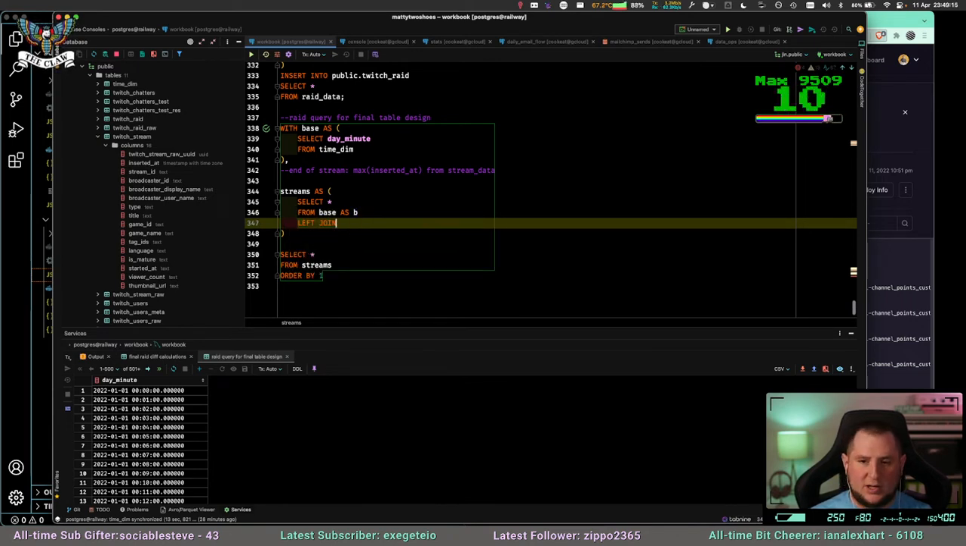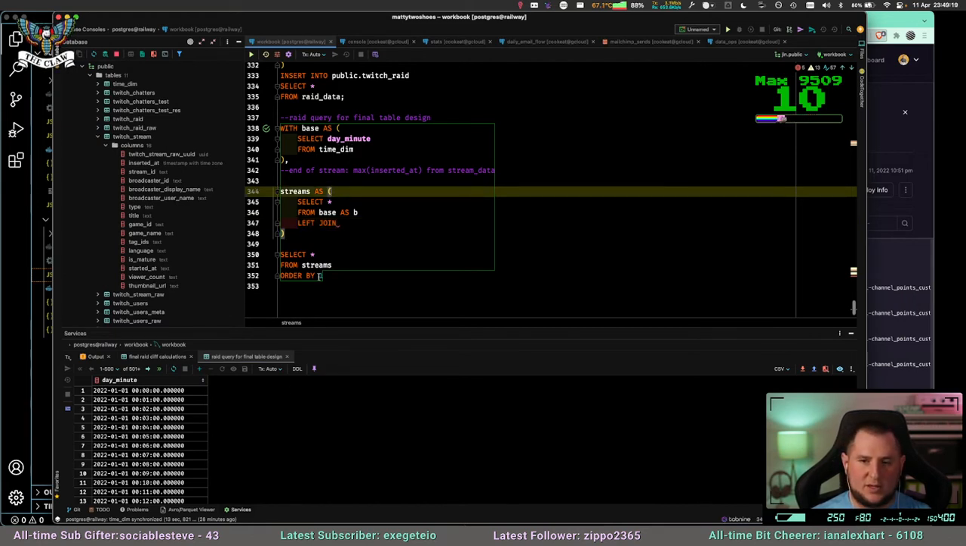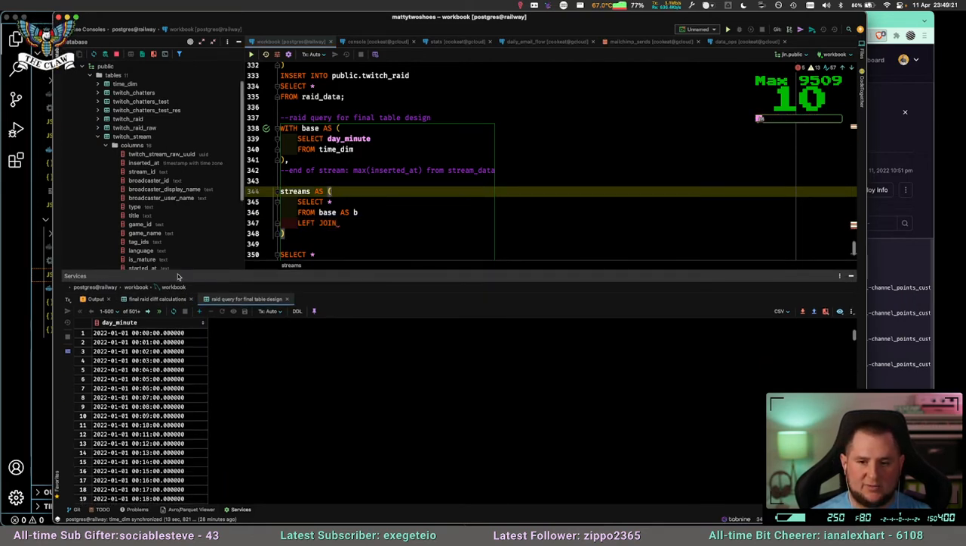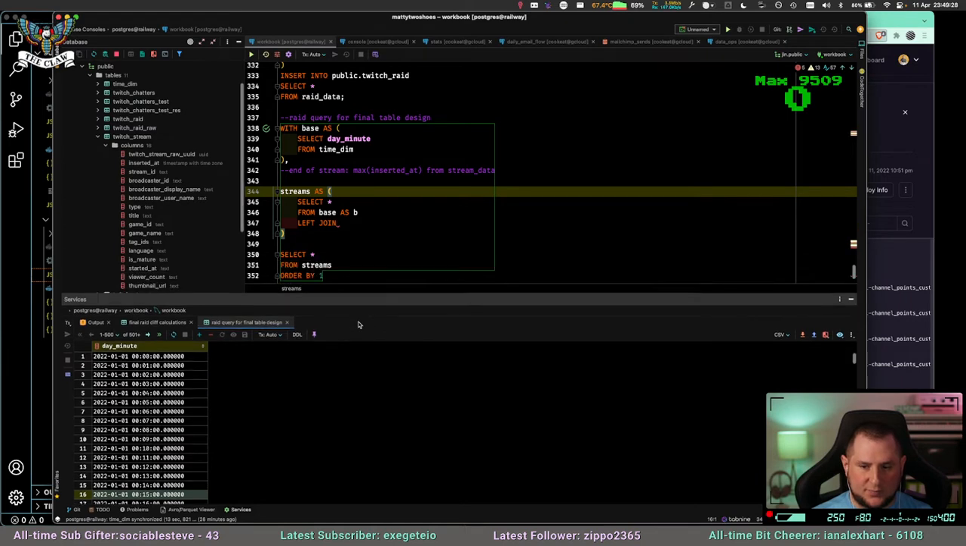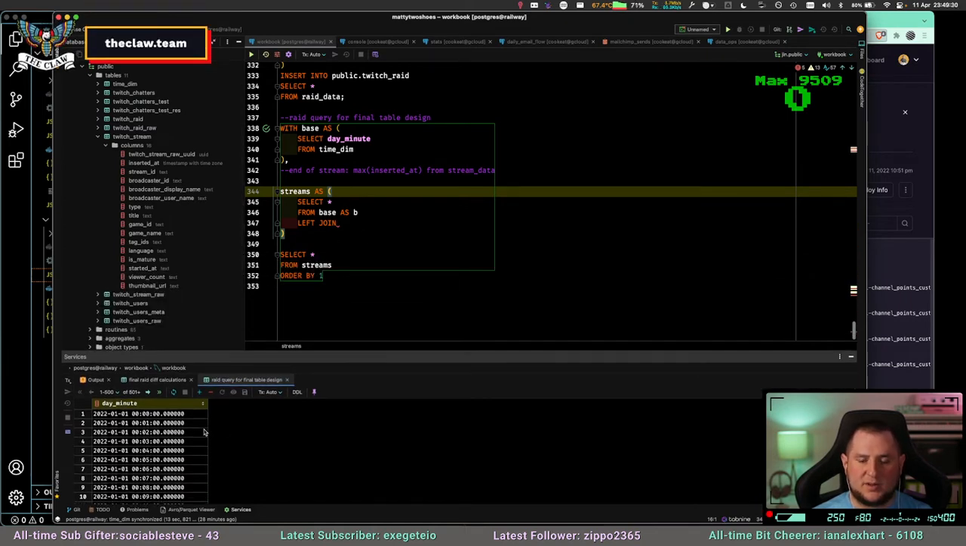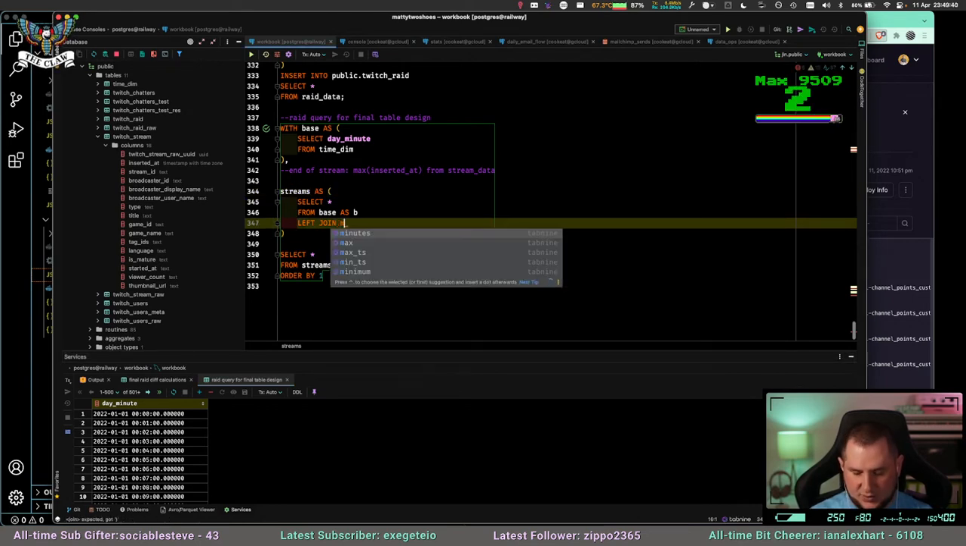So we're going to do a left join, and this is kind of important, right? Because what we have from here, from day minute, is every single minute in this time window, which means we don't miss any entries, right? So now we can autofill when a stream was online during that time window. I'll show you how this works. So essentially we do a left join of